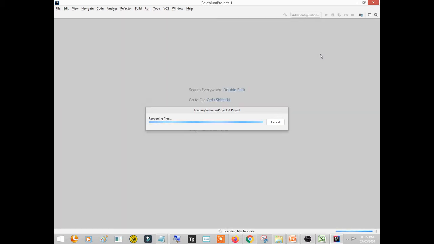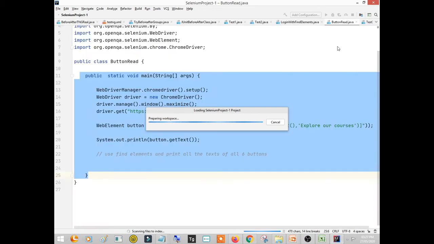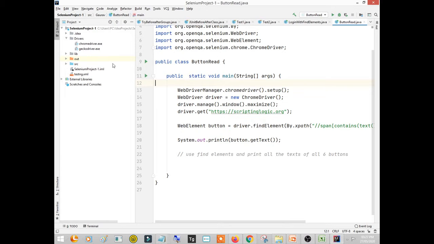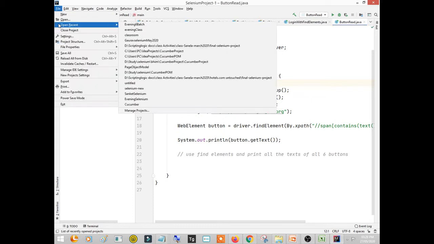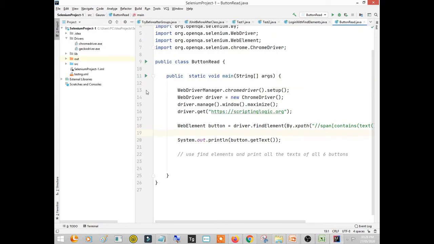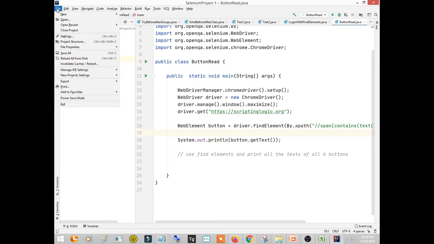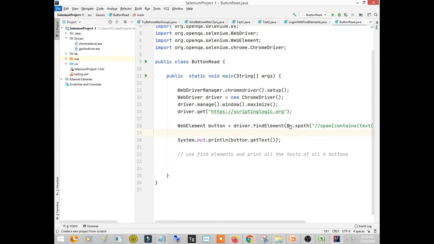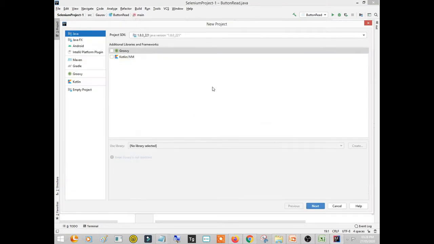Actually, I have installed it so many times before, so you might observe that there are so many codes or so many files present here. But when you first download and install it, you will get some other UI, and most probably you will find it blank, right? So what you will do is go to File, New Project, right? So File, New Project. I'm creating a project.